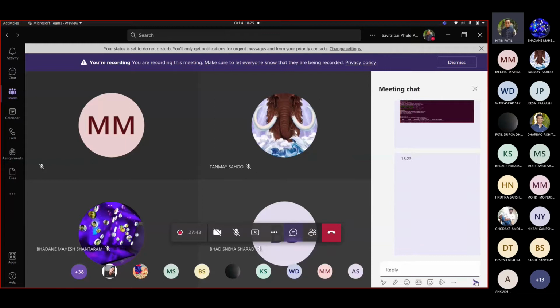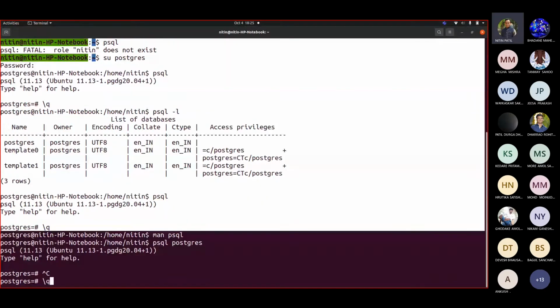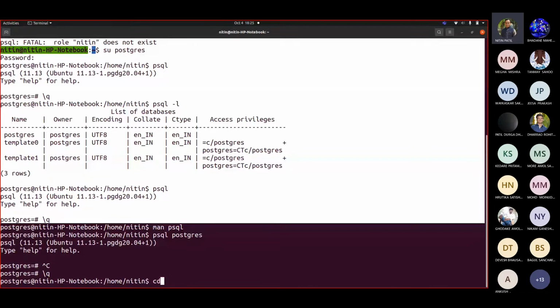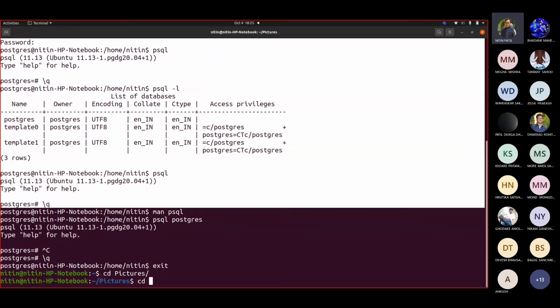How exactly do you tar it? You go to here, say control D. So say cd pictures.